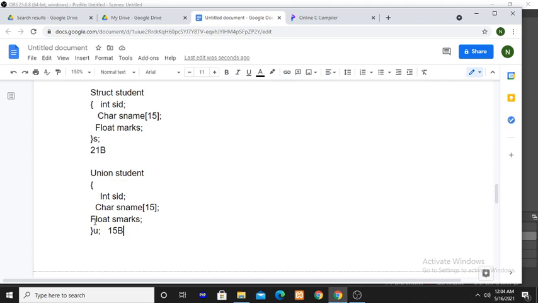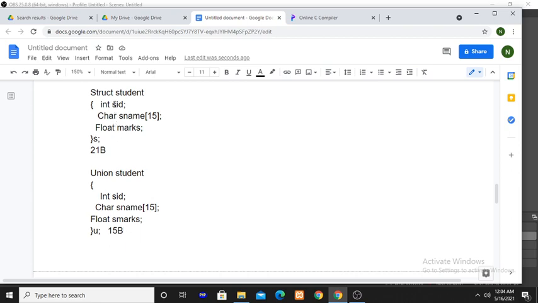Here for all the union members only one common memory will be created, the largest memory, large enough to hold all the members. And also here the structure variable holds all three members at a time.